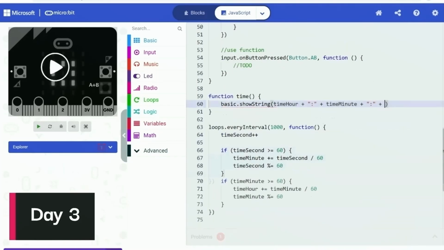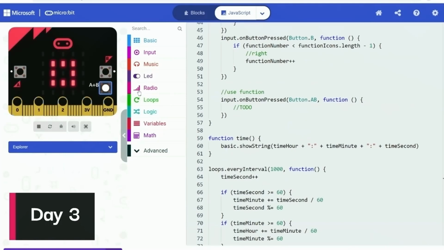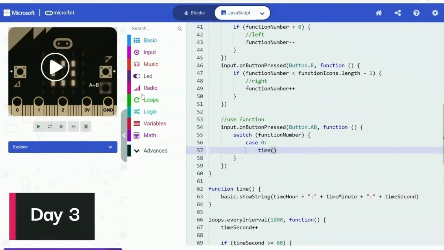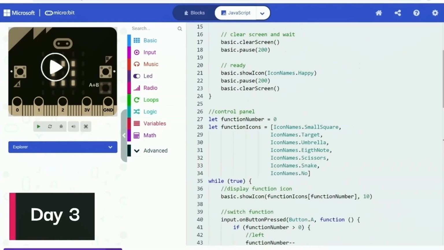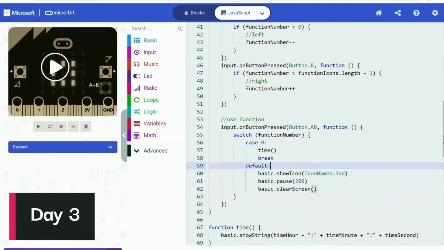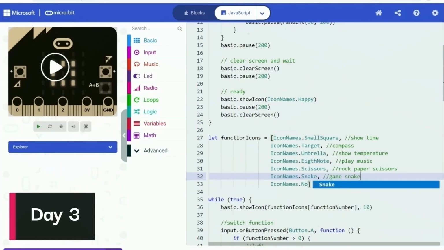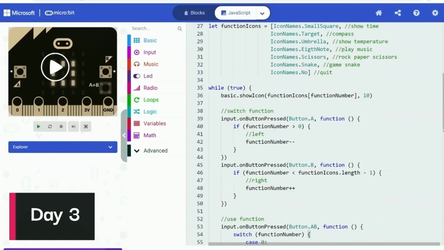So then I also added a line of code to display the time by simply combining the variables as a string. I didn't know if it would work or not, so I started to write the code to start the function, in order to actually test it. I used a switch statement to execute the function based on the function number variable I previously wrote to store the index of the function that the user chose. If the function the user chose was not yet implemented, the system will just simply display a sad face. And just to keep things organized, I added more comments about each function, so I knew what I was doing.